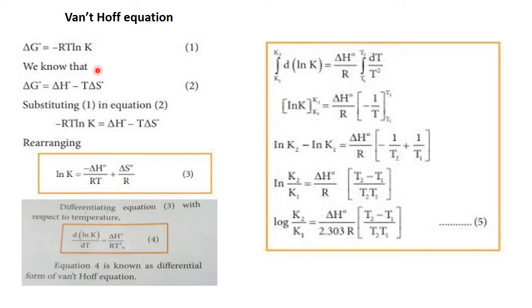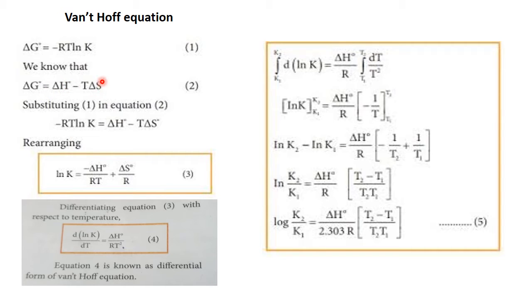Already we know this from thermodynamics, the last lesson in the first volume. In thermodynamics, delta G0, the change in free energy, is equal to change in enthalpy, delta H, minus T into delta S, where delta S is called entropy. So enthalpy and entropy make up the free energy.